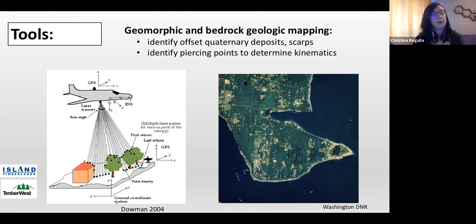Are they thrust, normal, left lateral, right lateral, strike slip? And on Vancouver Island, unlike where I am now in Arizona, where you are in a lot of parts of Utah, it is very densely vegetated. It's a temperate rainforest. And so here's a picture of a portion of, I think it's Bainbridge Island, just west of Seattle, where there's